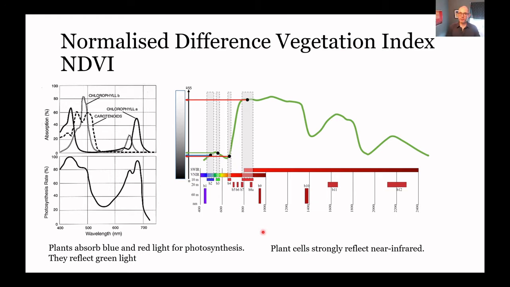If we can strengthen that in some way, if we can identify cells or pixels in our image where we can see this relationship strongly, then that's indicative of it being vegetation rather than, say, a very warm road surface. So let's see what we can do with this, and why does it work? Well, we can see that